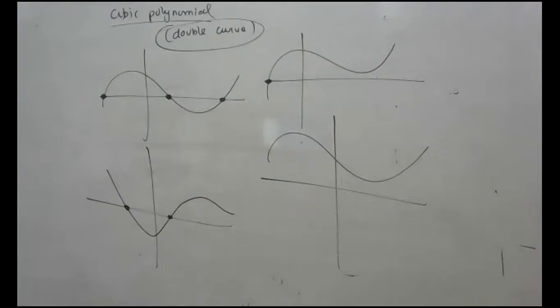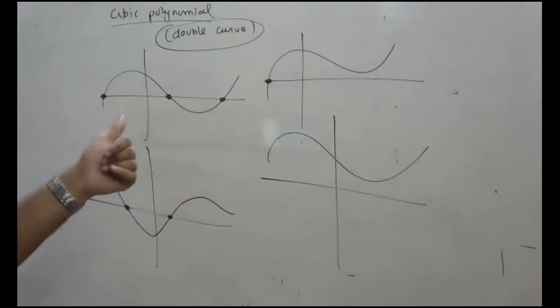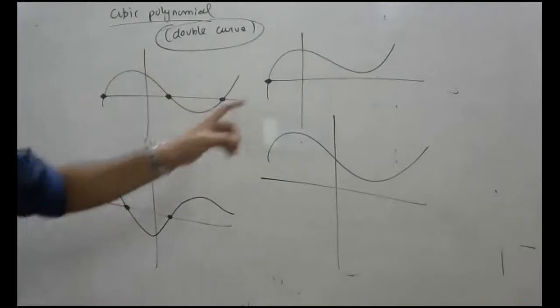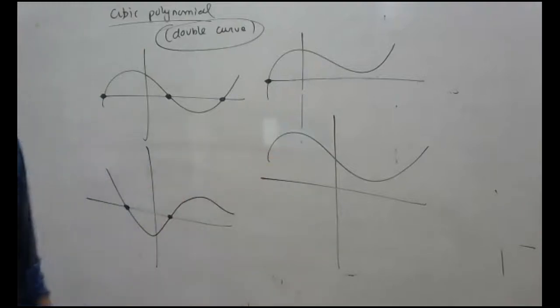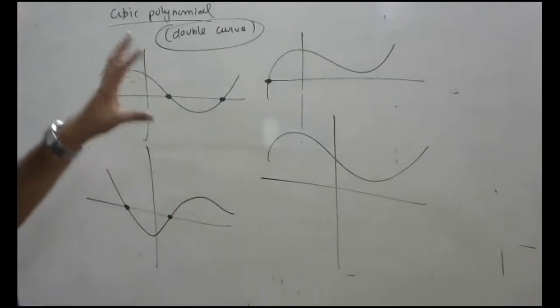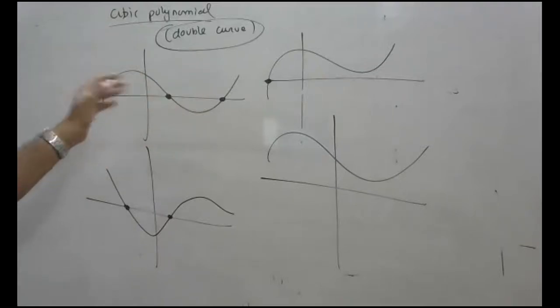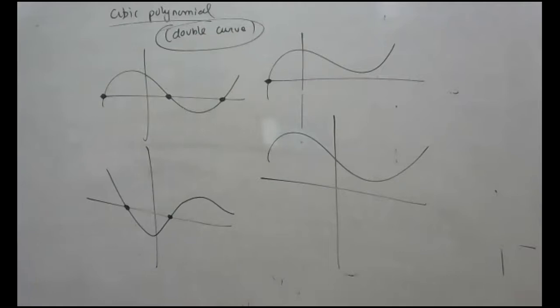And how many solutions will it have? That depends on the graph. If it is intersecting 3 times, 3 solutions. If it is intersecting 1 time, 1 solution. जितनी भी time x-axis को intersect कर रहा है. If it is not intersecting, no solutions. ठीक है? The type of polynomial can be understood from the design, and the number of solutions can be understood from the number of times it is intersecting the x-axis. This is a condition I'm explaining.